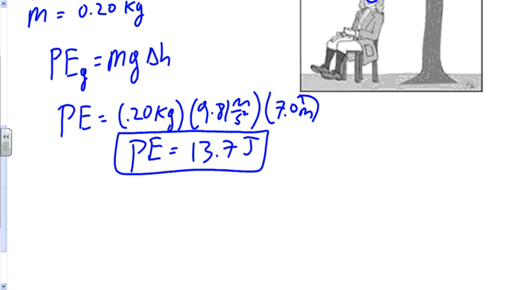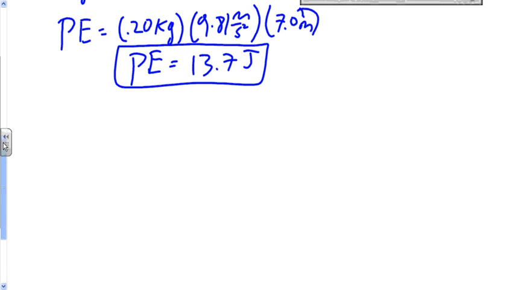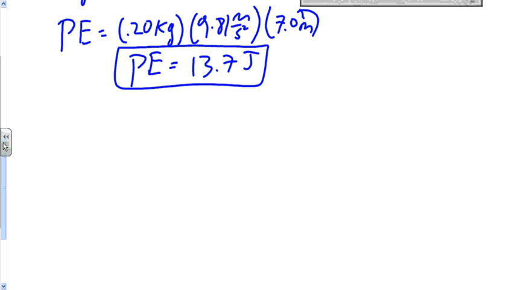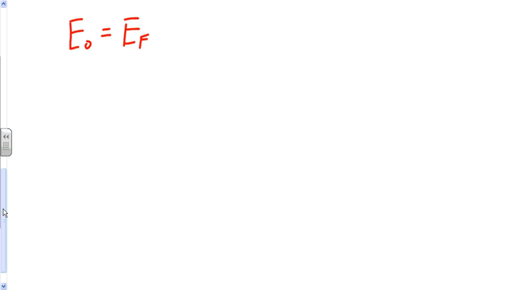Okay, now we want to know how fast it was going when it hits Newton in the head. So for this, we need to do an energy conservation. The law of conservation of energy states that the initial energy, whatever you start with, equals the final energy, as long as there's no losses due to friction. So I'm going to write the entire equation before and set it equal to the entire equation after. So what does the apple have before? It could have potential energy before, plus the kinetic energy before. So I'm going to write PE naught and KE naught equals,